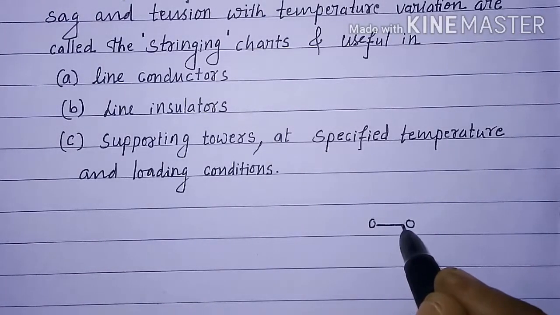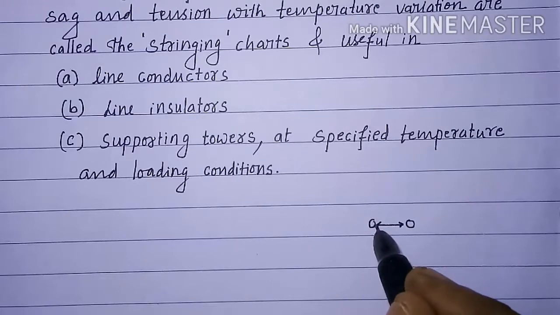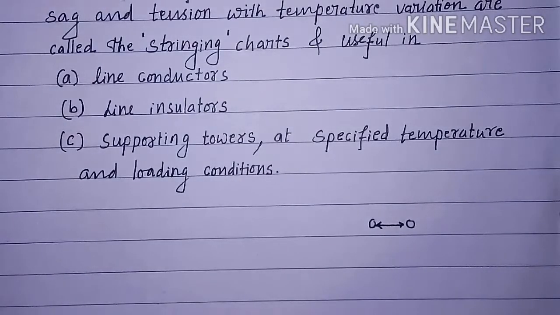How much should be the distance between these two conductors is decided by sag and the line voltage at which these two conductors are operating, and that is given by